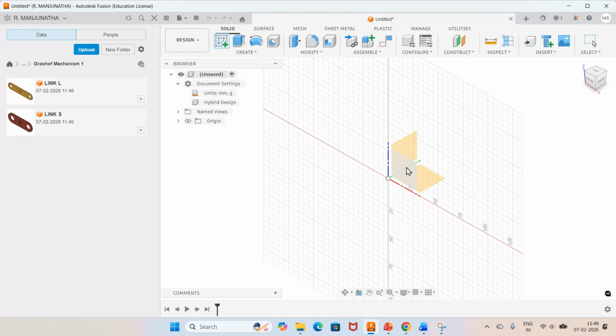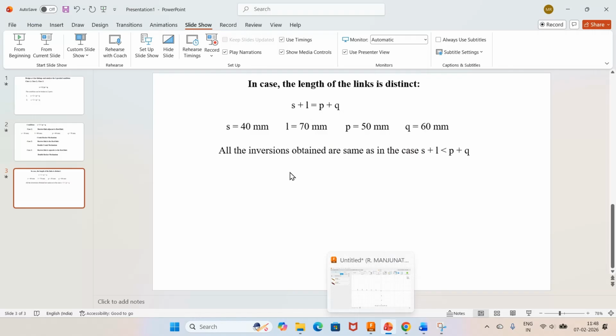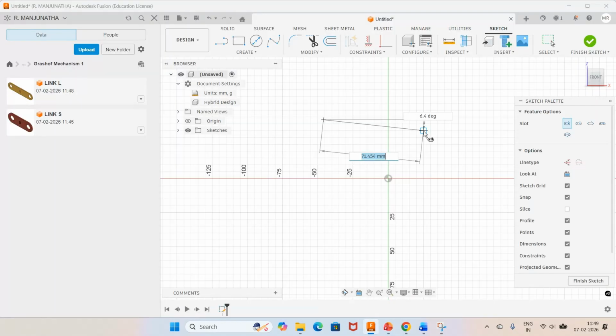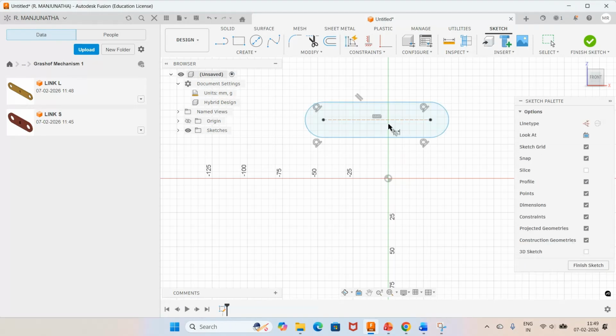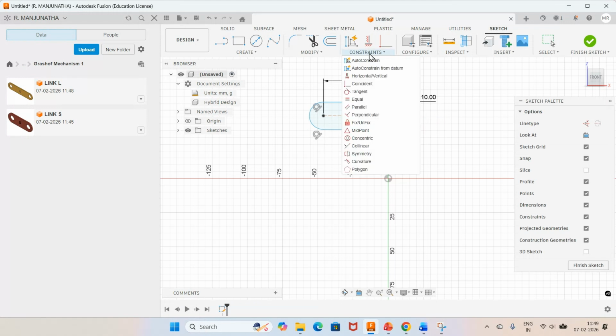Then go to create, go to slot, take center to center slot, take this dimension, go to dimension, this is P 50, so take this center to center distance as 50, then I will go for radius and give the dimension as 10, okay, then go to constraint, click on midpoint of this center to center slot with reference